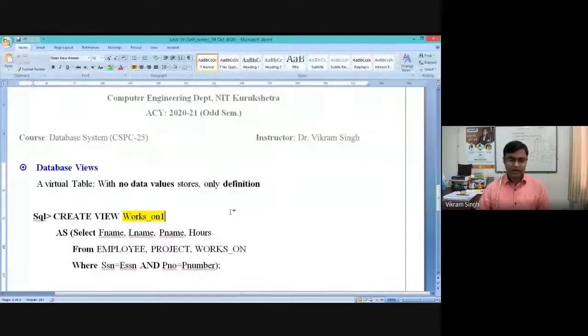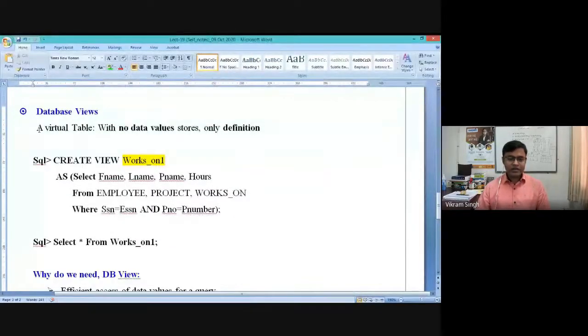That is for sure. It is basically a virtual table with no data values stored, only the definition stored. So we are keeping the definition of a frequently occurring query as a view.